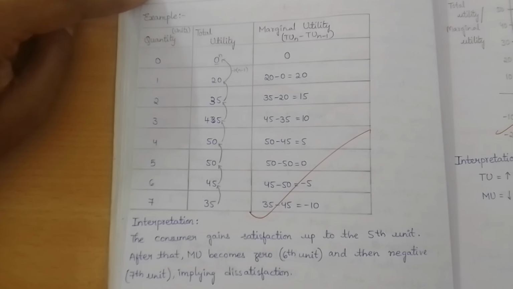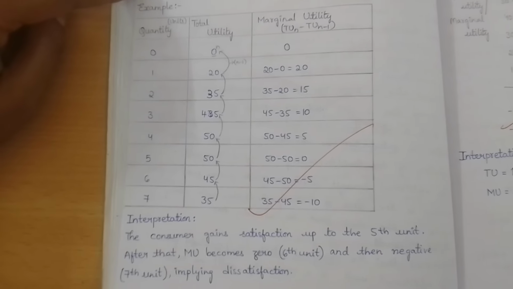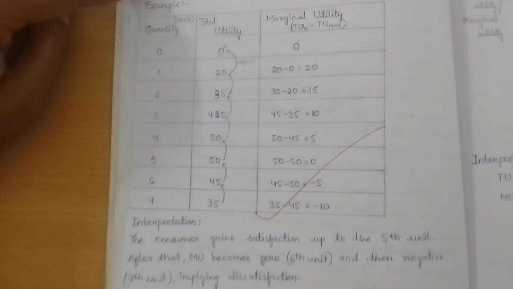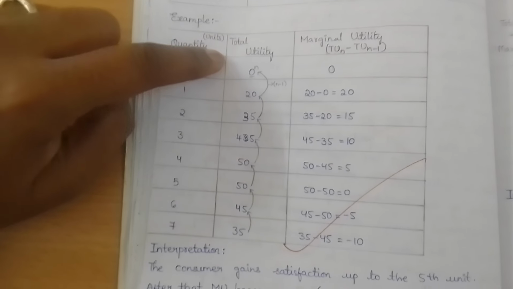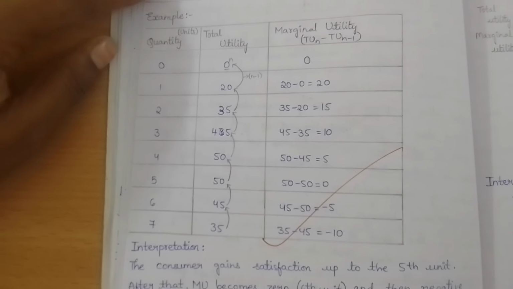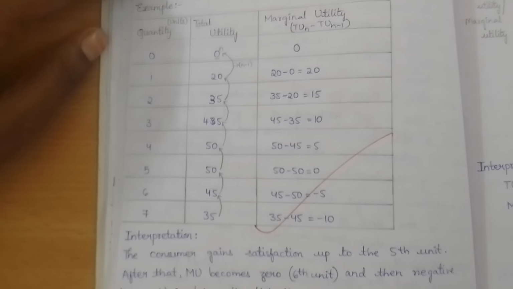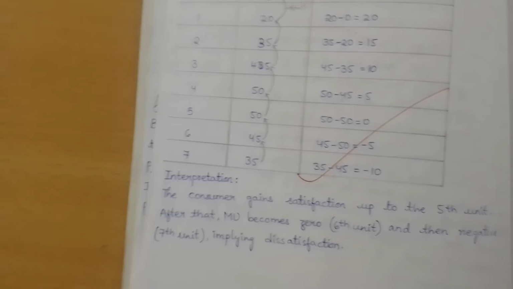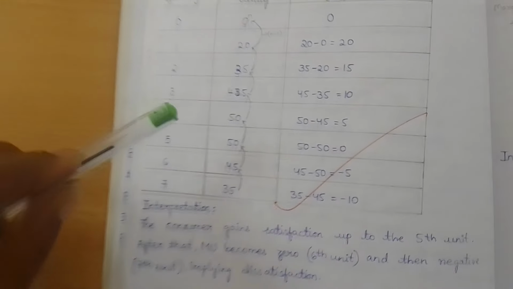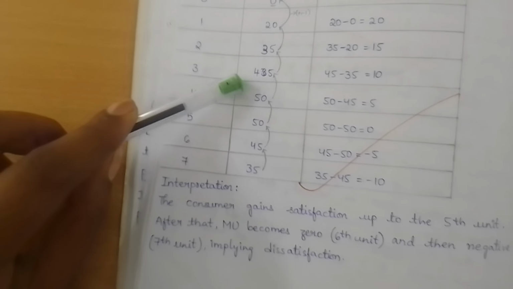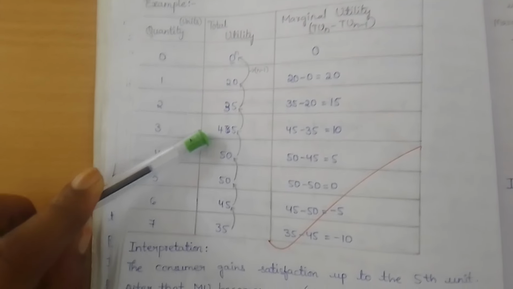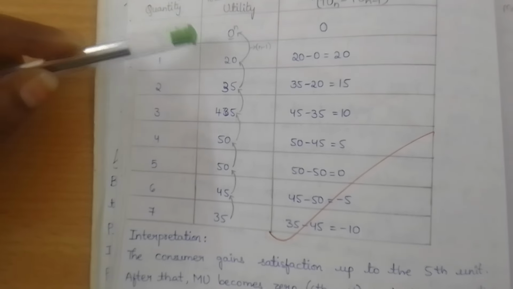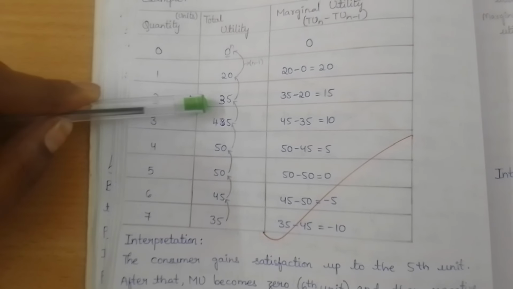The concept here is, the more commodity you consume, let's say you like chocolates more, but how much satisfied you will be. Satisfaction is derived by utility. So how much satisfaction you get when you eat a chocolate. When you eat 0 chocolates, you get 0. When you start eating 1 chocolate, you feel happy about it. So the satisfaction level is 20. And when you eat 2 chocolates, your satisfaction increases to 35. Third chocolate, it goes to 45. Fourth, 50. You see the difference between this from 20 to 35, it is